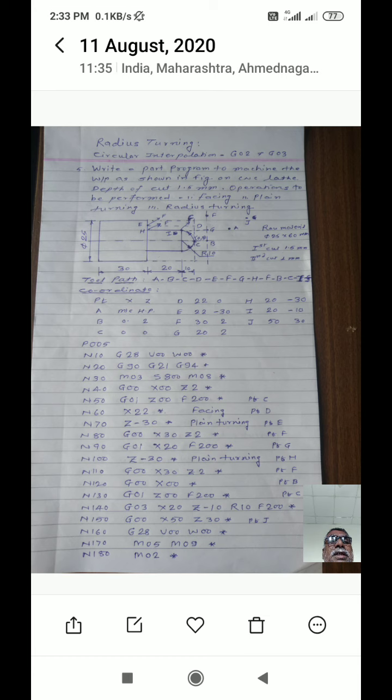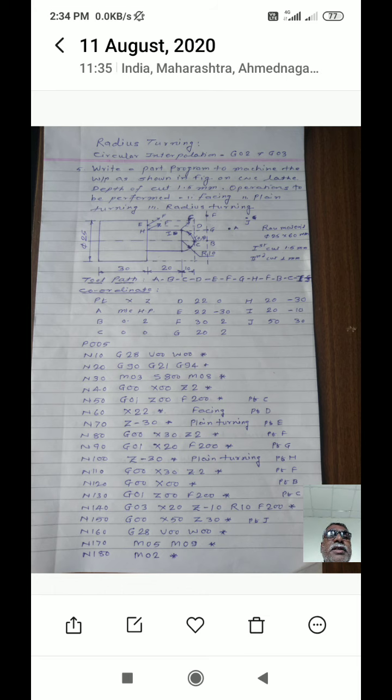You have to mention its diameter value, that is x value 20, z value 2. Then move the tool along the z axis to the coordinates of H. X value is 20, z value is minus 30. Then I is 20, minus 10, J is 50, 30, like this. You have to find out the coordinates.